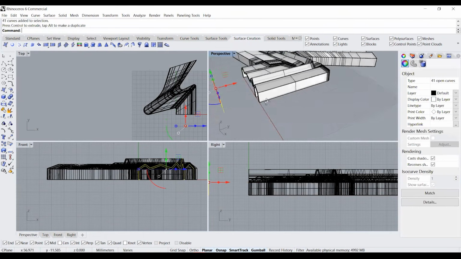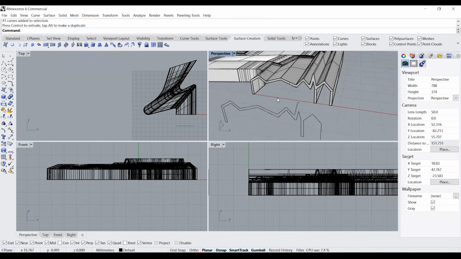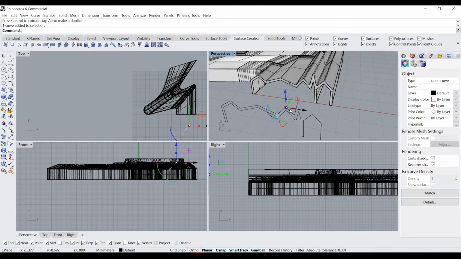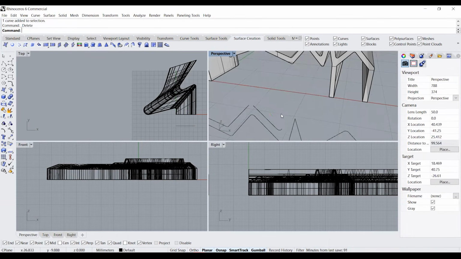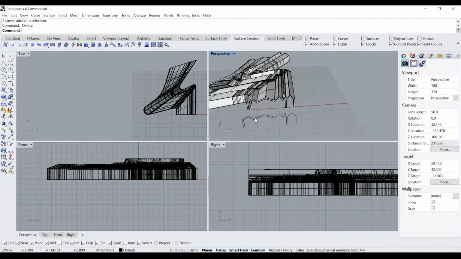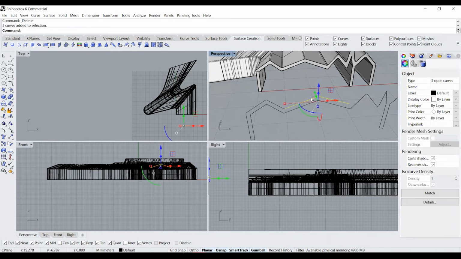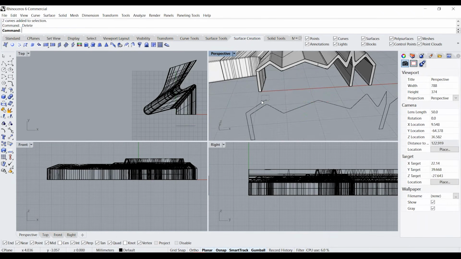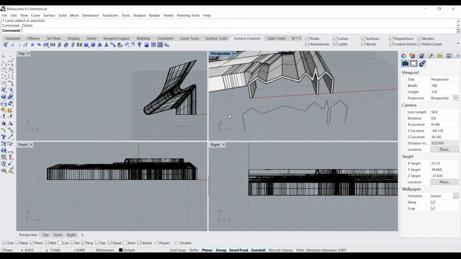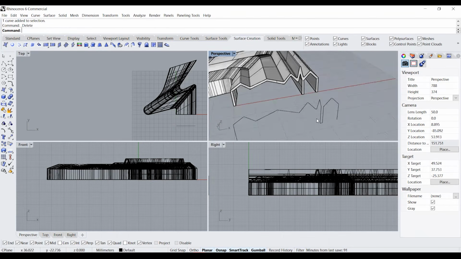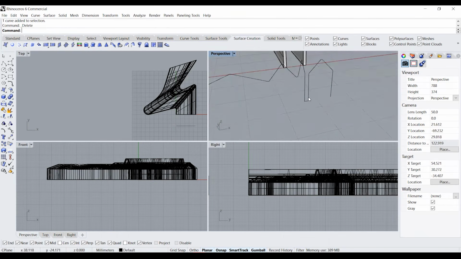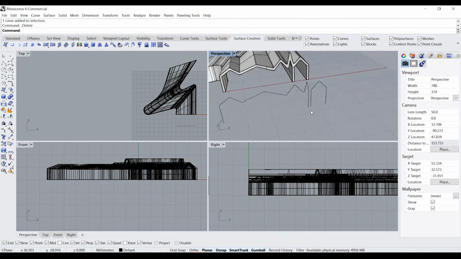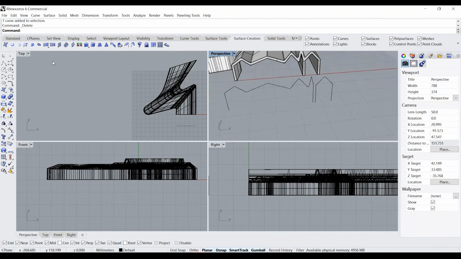More further up so that I avoid deleting anything which I don't want to. Right, so you can see we have these curves defined here. So now I'm just going to join the bottom points there and there.